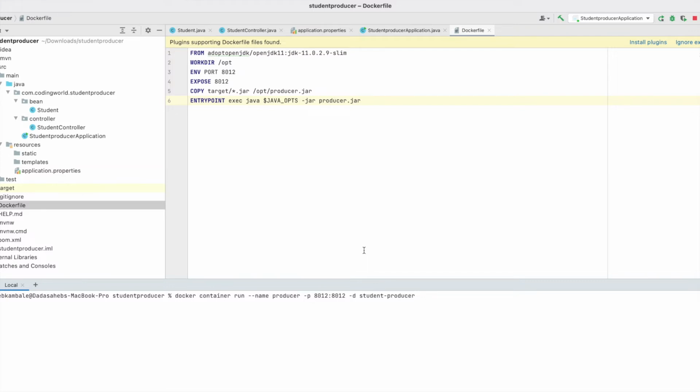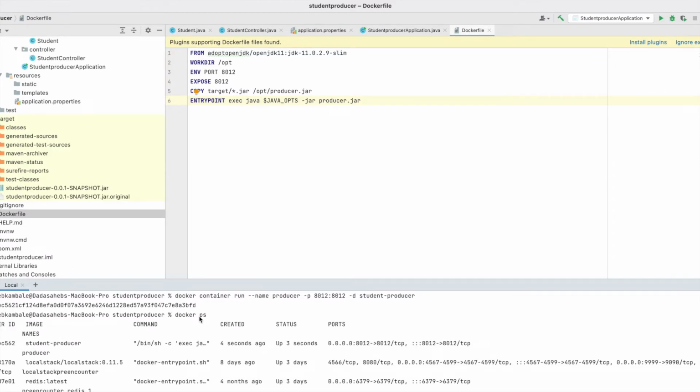So we are naming that container producer and that will be our host, and we are using a URL with producer instead of localhost or any specific IP. So let's run this student producer image first. Okay, so let me stop my local services.